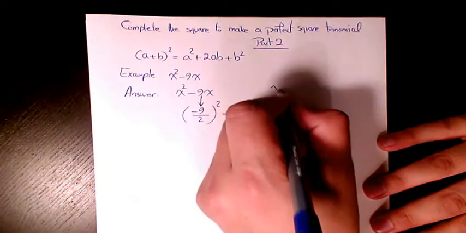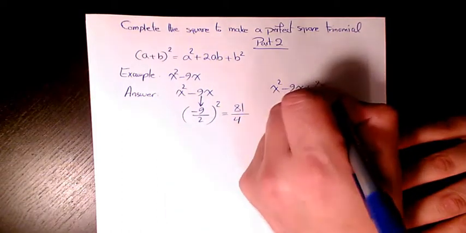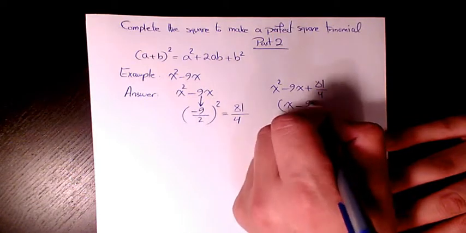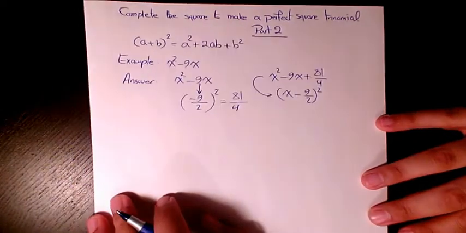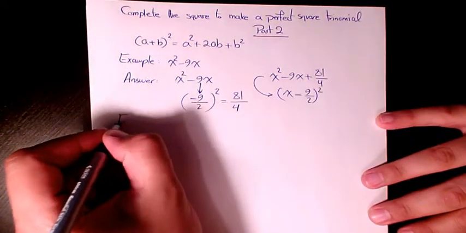So basically we need to have x squared minus 9x plus 81 over 4 to be (x minus 9 over 2) to the power of 2. So that's the perfect square trinomial. Next example